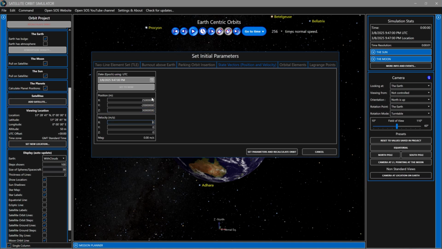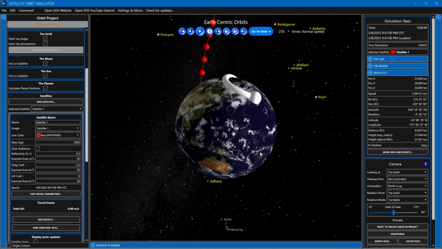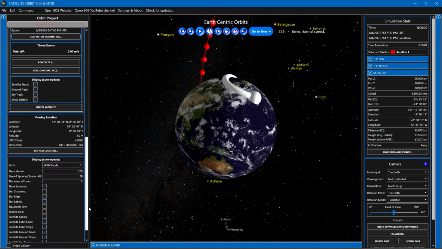For the velocity, enter -901, 810, and 700 meters per second in that order for the X, Y, and Z coordinates. Again, remember to press the Tab key after each entry. Finally, click on the Set Parameters and Recalculate Orbit button to save your changes, calculate the orbit, and return to